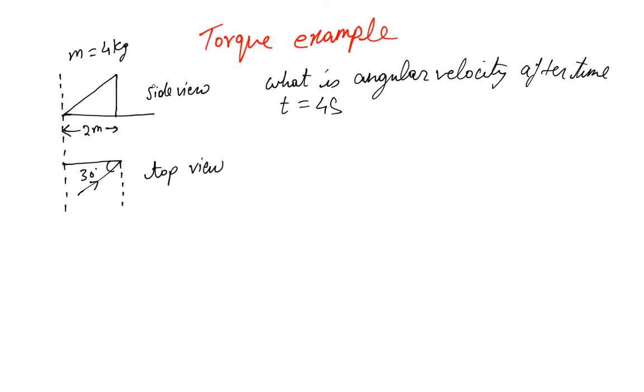So for this lecture, let's take an example on how everything sort of comes together. And what we have here is this triangle which is hinged, H-I-N-G-E-D, at the end. And this is the top view. It measures 2 meter here, it measures 2 meter here, and it weighs 4 kilograms, and you apply a force such that the force is down the plane, and you